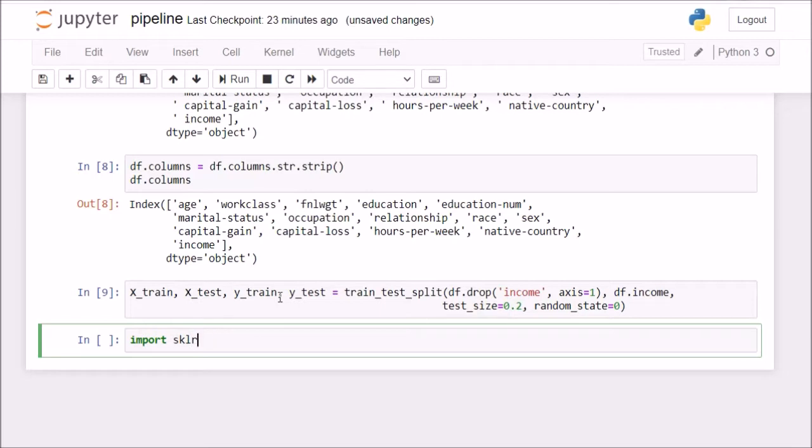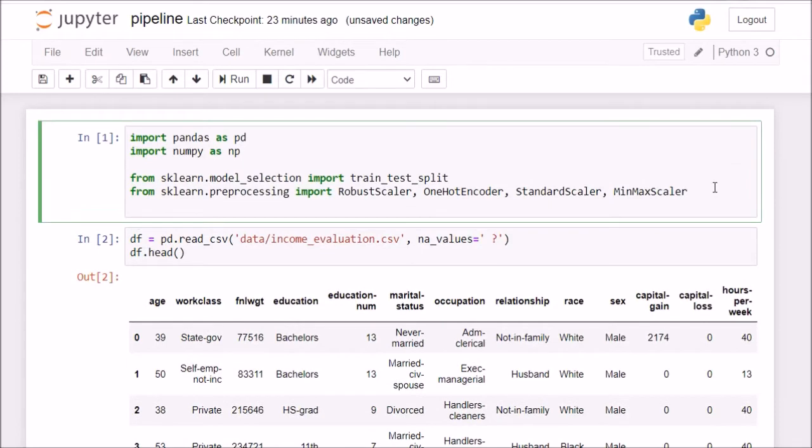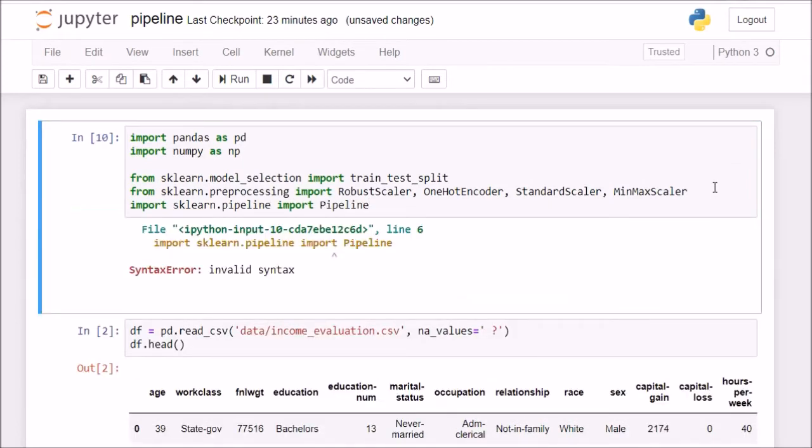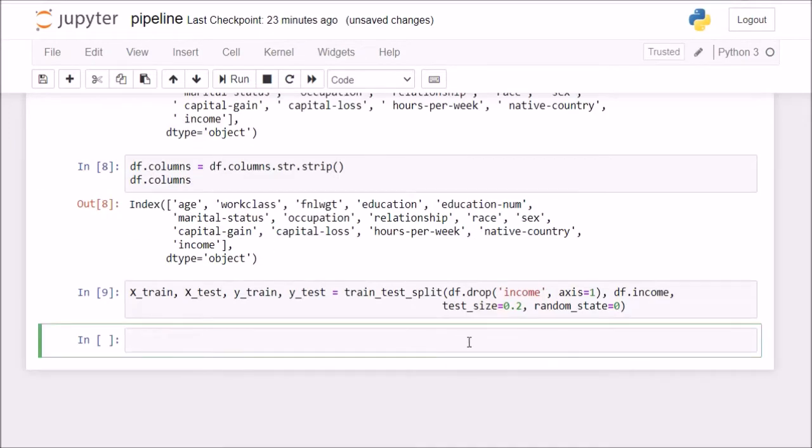So I'll say from sklearn.pipeline import Pipeline, but I will not import it here. I'll just keep this here just for sanity purposes. Okay, from sklearn, my bad. Okay, so after importing Pipeline, I'll now create an object called p of this Pipeline class.